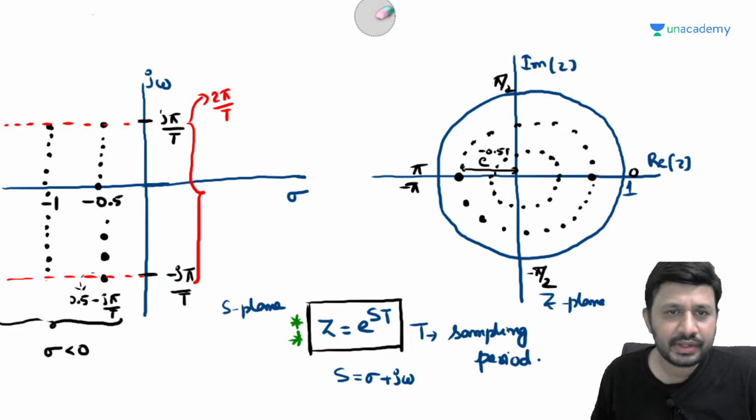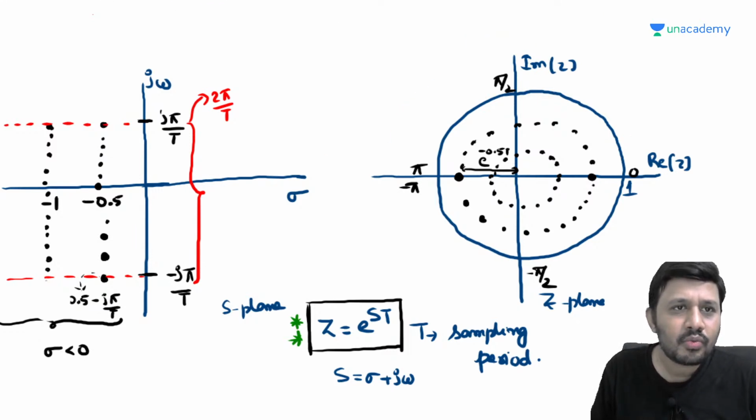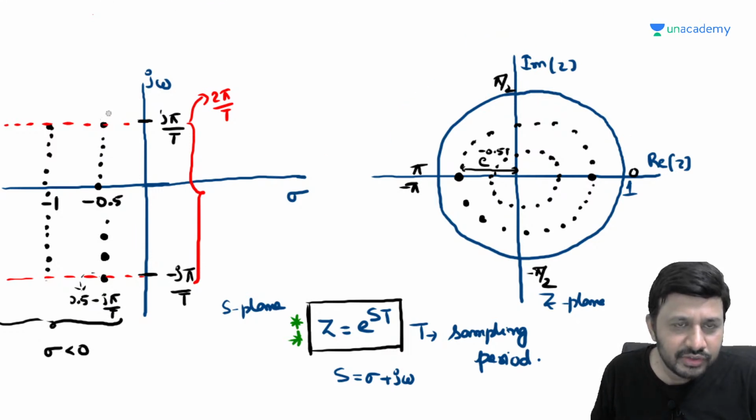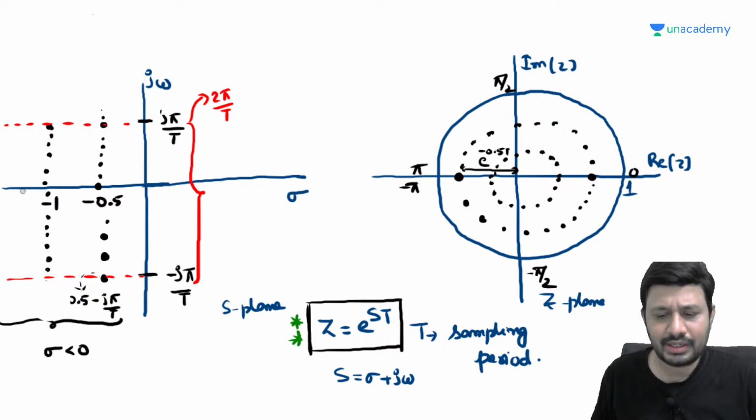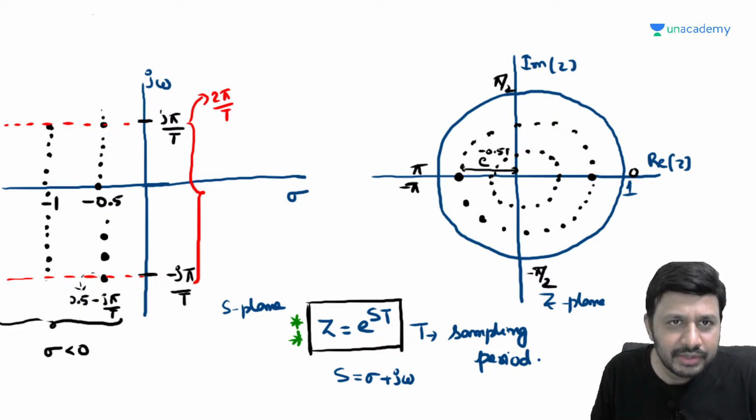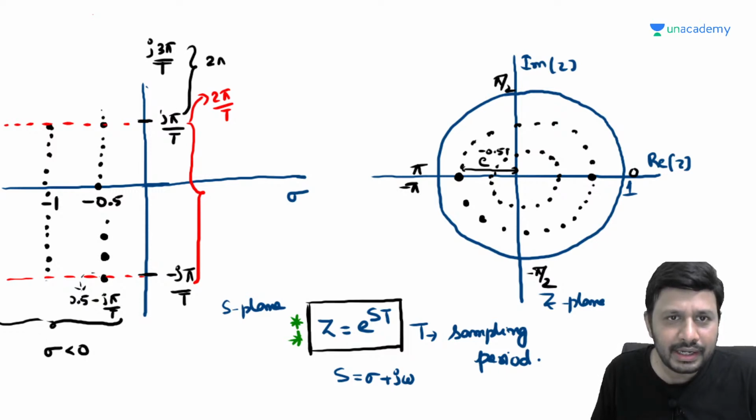Now look here. You can ask one thing, sir: what happens if I increase the values here? The omega value we increase from minus pi by T to pi by T only. Now what happens if you increase the value of omega? Remember students, if you increase the value of omega from j pi by T to some point, j 3 pi by T, where again the difference is 2 pi by T,